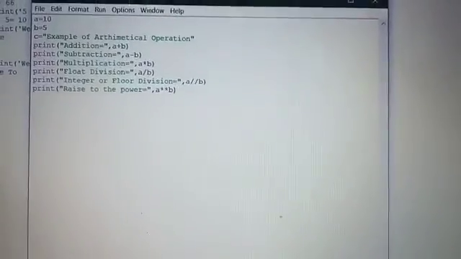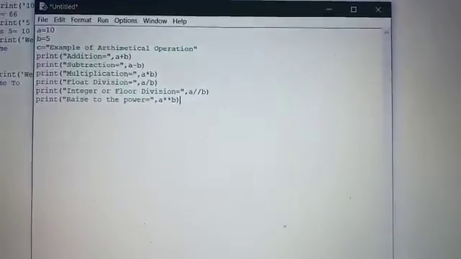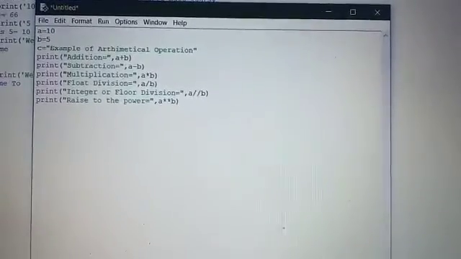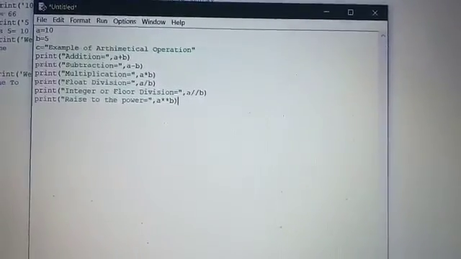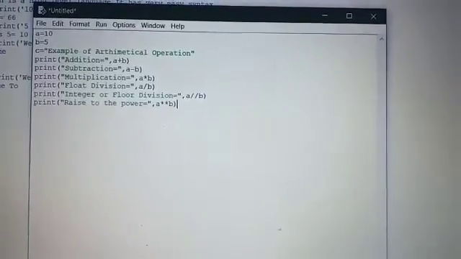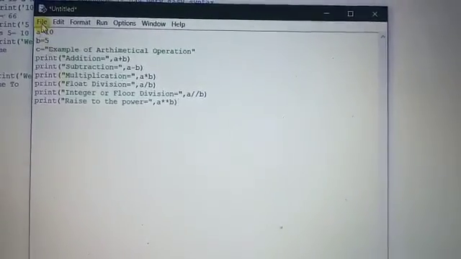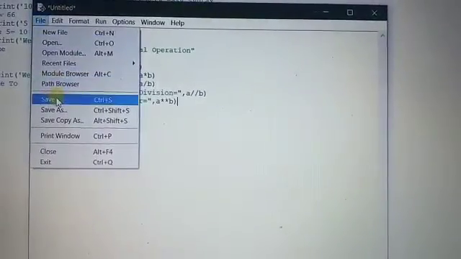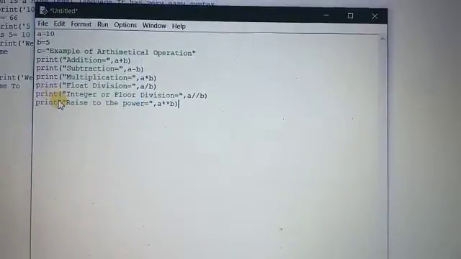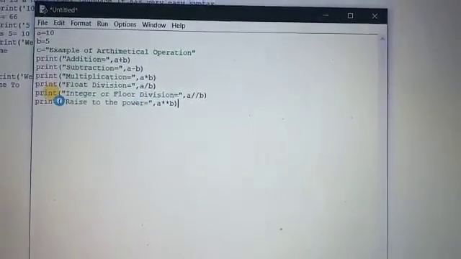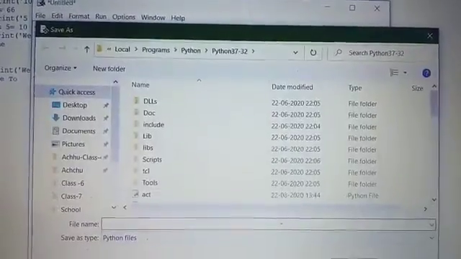These are simple arithmetical operations we can perform using script mode in Python. After that we can save it. How do we save it? Just click File and then the Save option. A save dialog box appears.